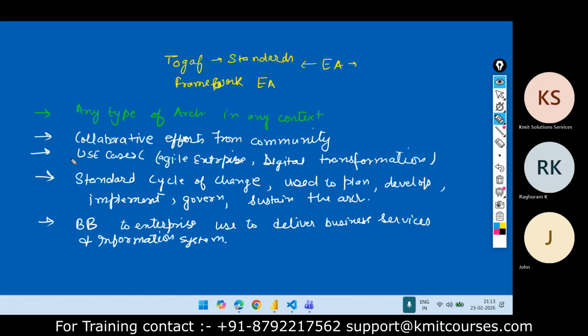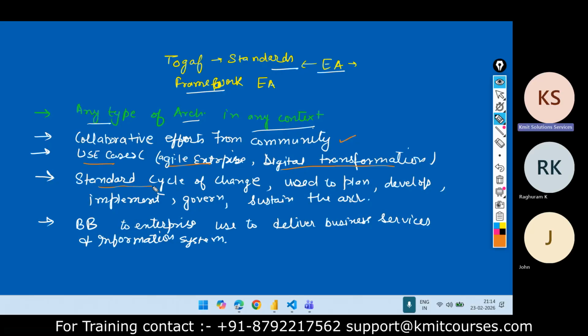Right now, the TOGAF standard is for enterprise architecture. It's a framework which can be used for any type of architecture in any context. It is the collaborative effort of the community that developed it. There are many use cases like agile enterprise and digital transformation.